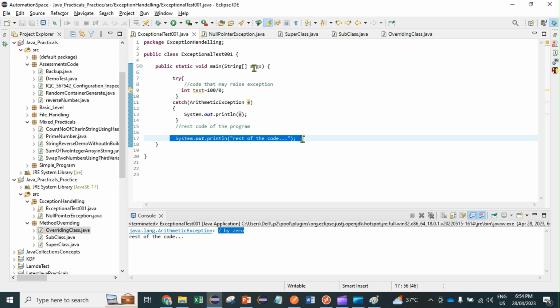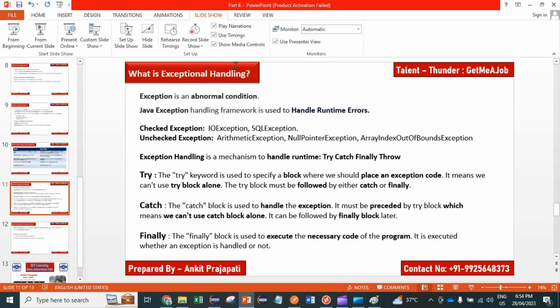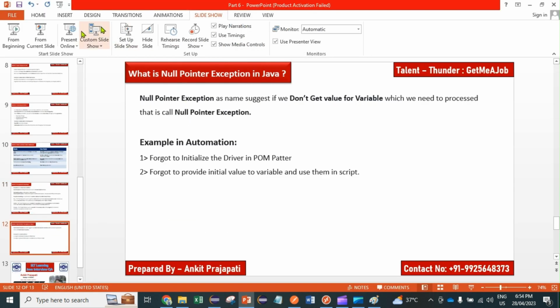Now, another exception that we have in this list is the null pointer exception. As the name suggests, when you forget to declare or assign any value to a variable and you try to process it, at that time it will give you the null pointer exception. For example, in automation, sometimes you forget to initialize the driver in a POM.